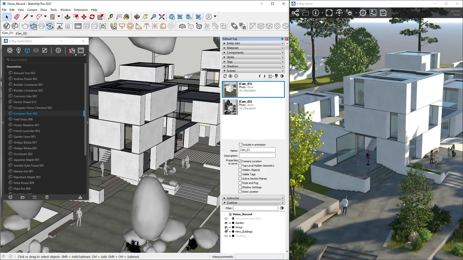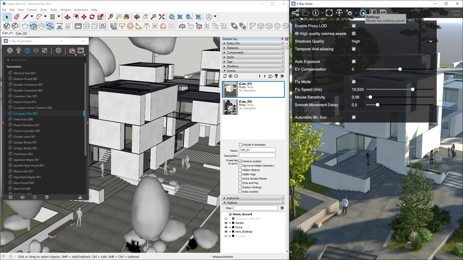Let's move over to Vision and see what we can tweak directly. Click on the gear wheel icon and you'll see the first set of options. These determine the quality of our image and adjust performance. Let's toggle temporal anti-aliasing. Look how the edges of the objects become more jagged when AA is off, especially the